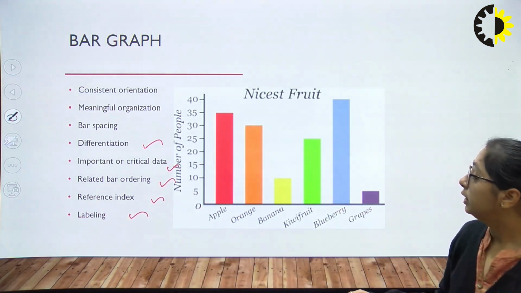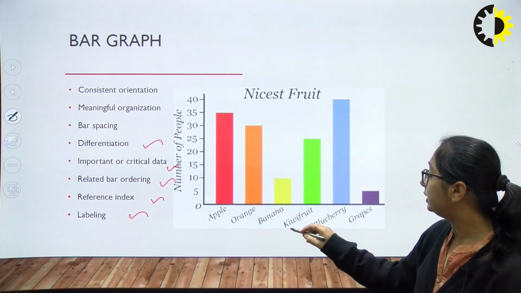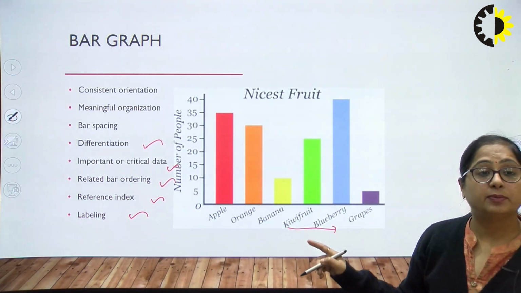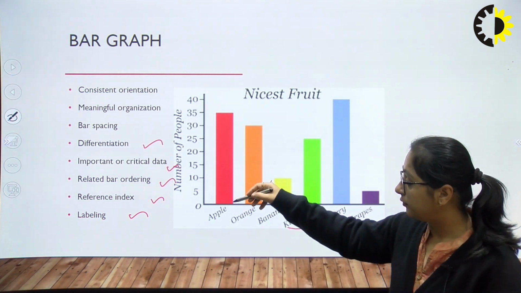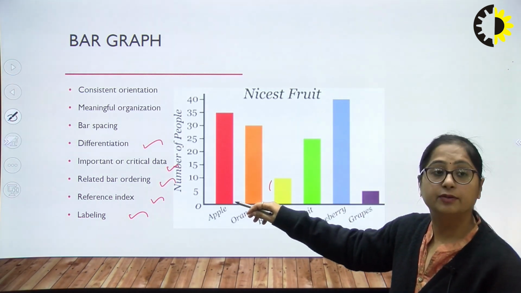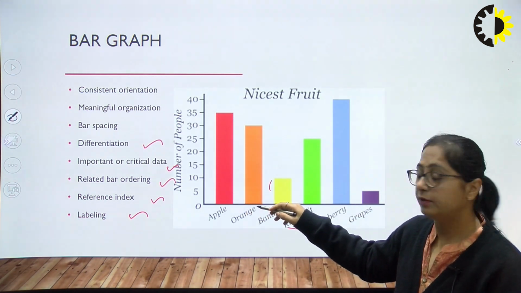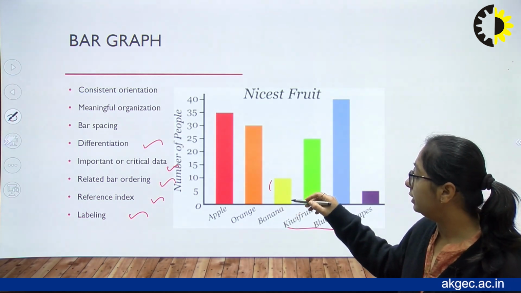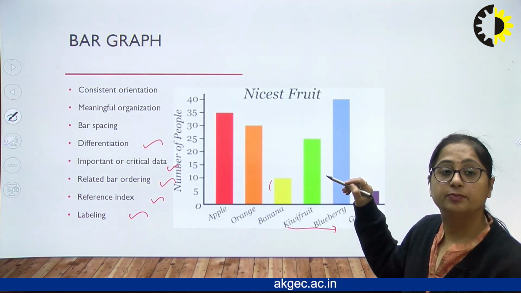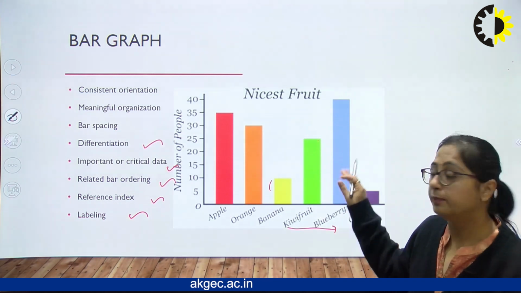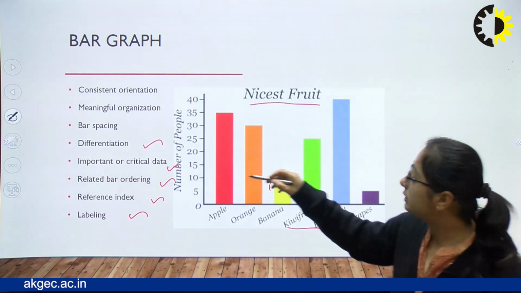the labeling. Here the number of people is shown on the y-axis, and the fruits liked by those people are represented on the x-axis. Here you can see that 35 people have apple as their favorite fruit, 30 people have orange as their favorite fruit, 10 represent the banana, and 25 people's favorite fruit is kiwi. Based on that, this is the title of the bar graph, and this is the label